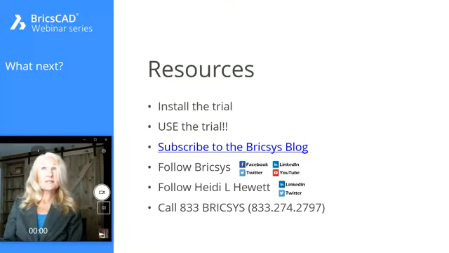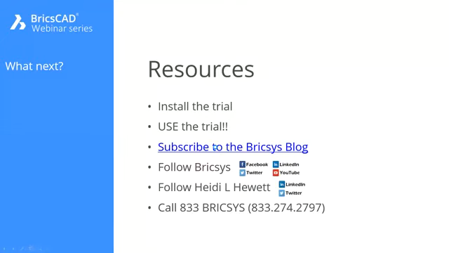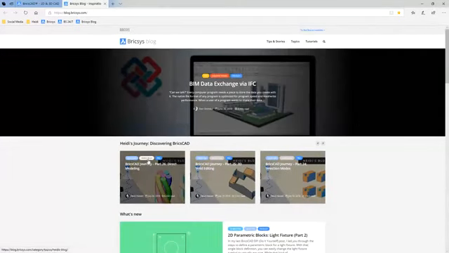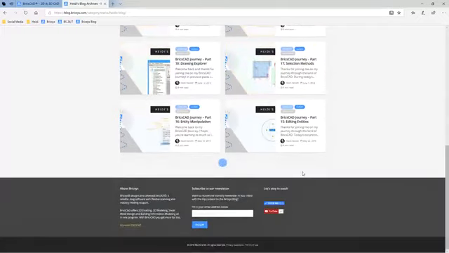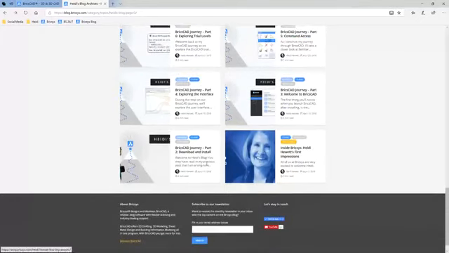And then also subscribe to the BricsCAD blog. We've got a lot of posts up there, and I'm actually going to just go ahead and take you there while we're thinking about it. So this is where I've been documenting my journey as I have been learning BricsCAD completely from scratch. And if you go to the BricsCAD blog, you'll probably see some of my posts. You can always click on Heidi's blog, and this will give you a list of all the posts that I have been doing. And if you scroll way down there, you'll see all the way at the bottom my very first post, and continuing to post from there as I learned about the download and install and the welcome window